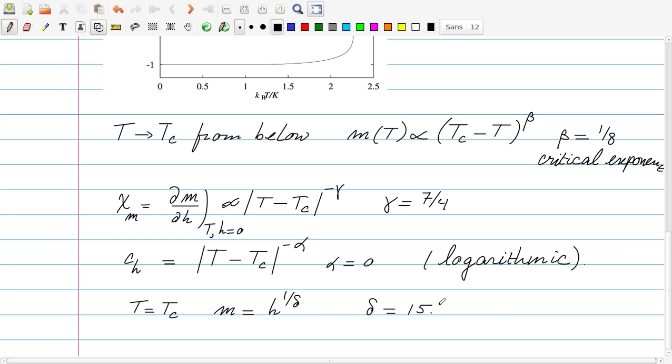So we see that all these critical exponents have very simple values, 1/8, so they are simple fractions, 7/4, alpha is 0, and delta is 15, and that may be ascribed at first sight to the fact that we look at this simple model on a square lattice, and in fact it turns out that it does not depend on